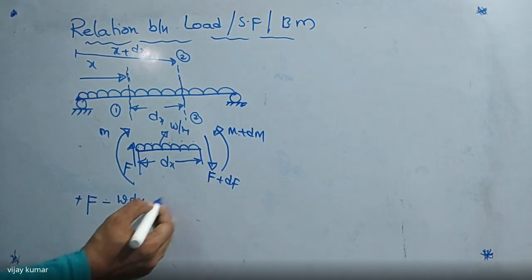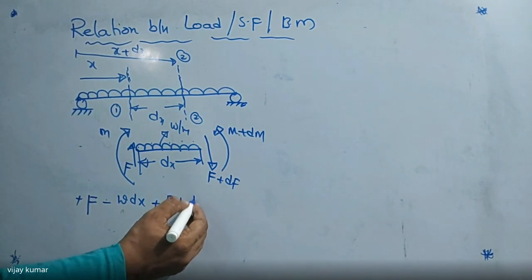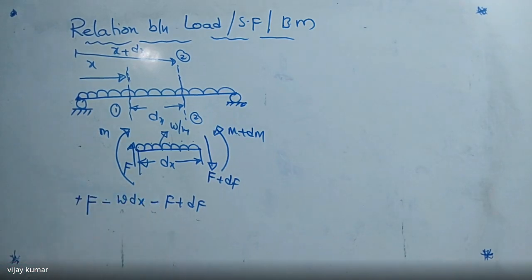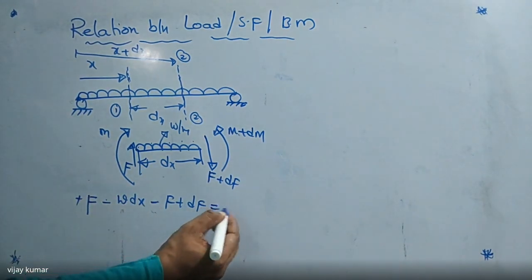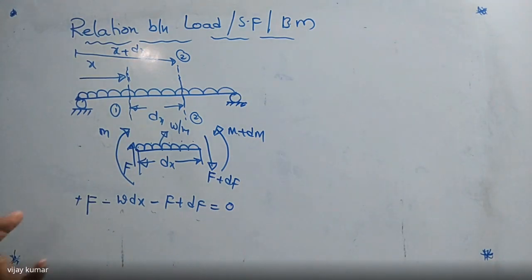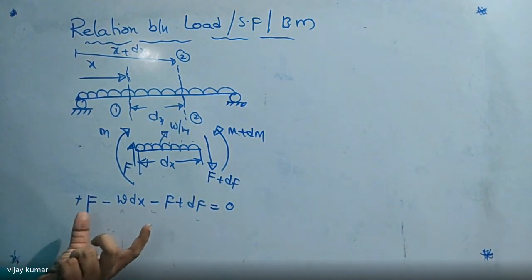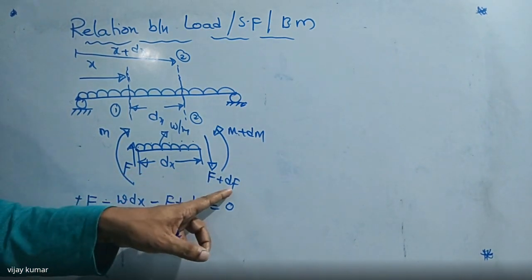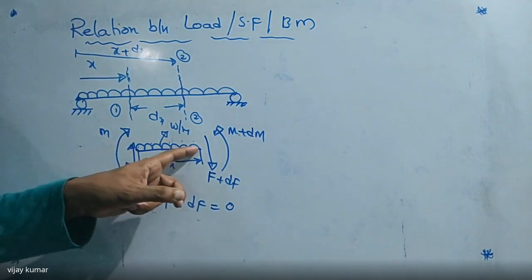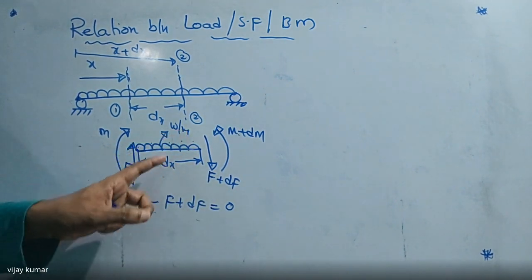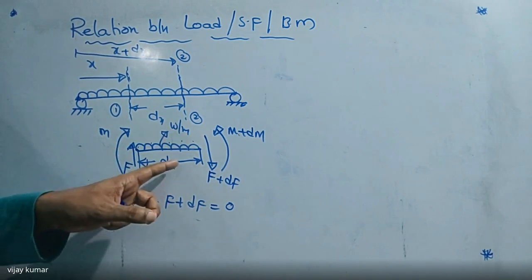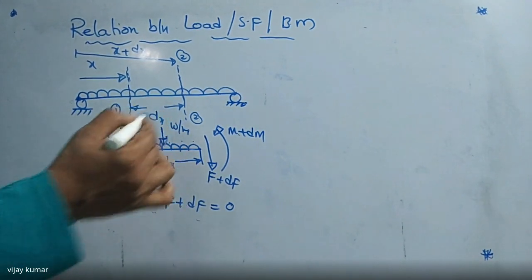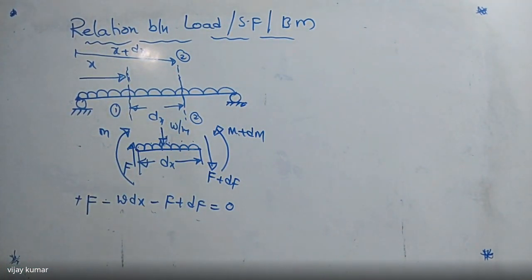That's the total load, which is acting in downward direction. And here it is also acting in downward direction. F plus dF is negative here, and the sum must be equal to 0. That is, I am adding the sum of the upward forces and downward forces, which must be equal to 0. So F is positive, F plus dF is negative, and here the UDL is there. UDL is nothing but W per meter, but up to dx we can write W into dx. It is always acting at the center. That is the uniform distributed load here.